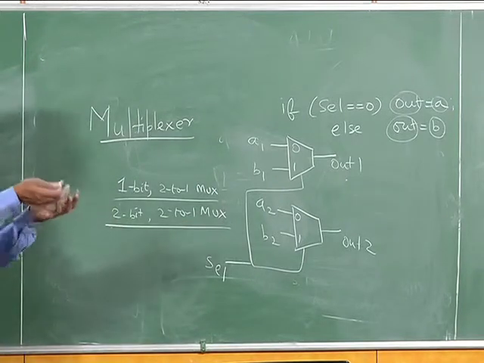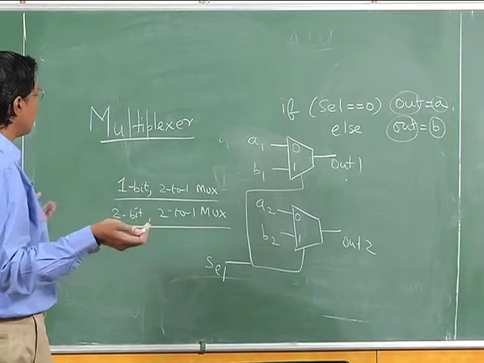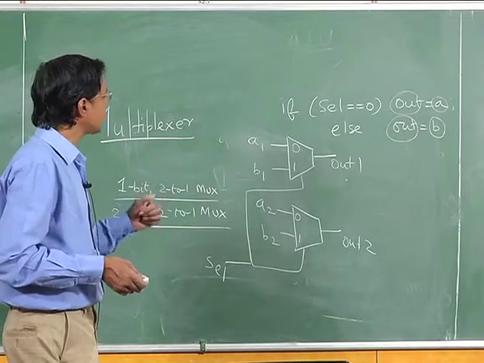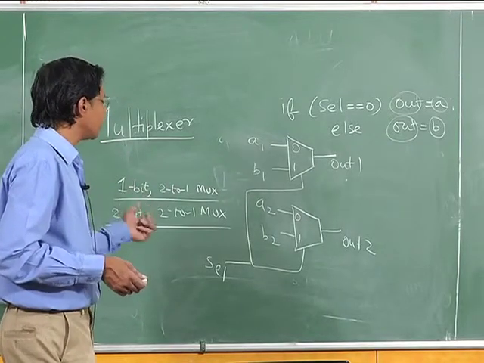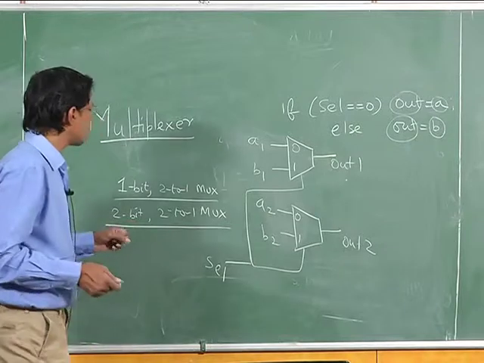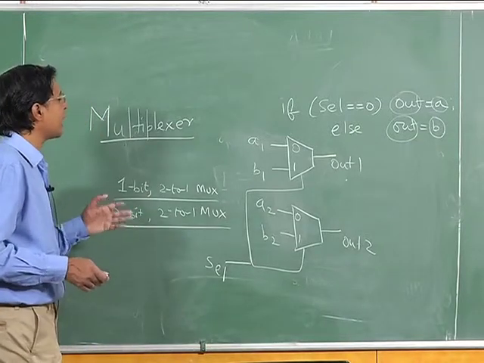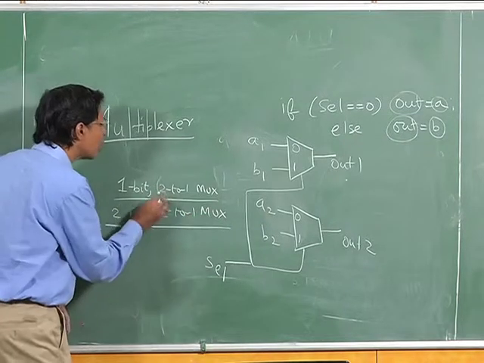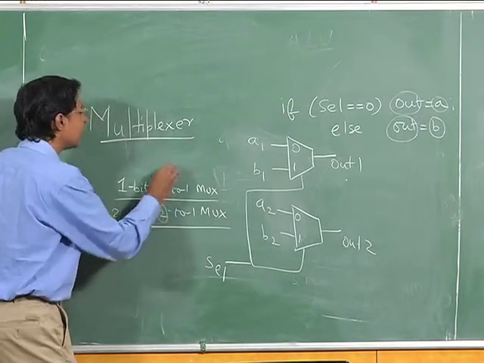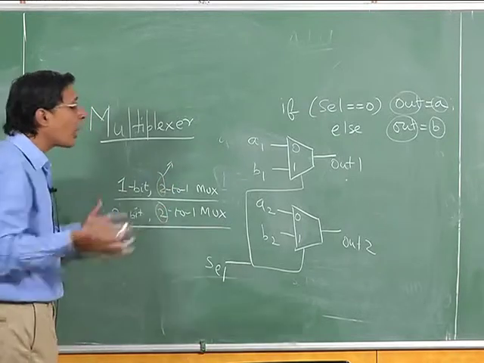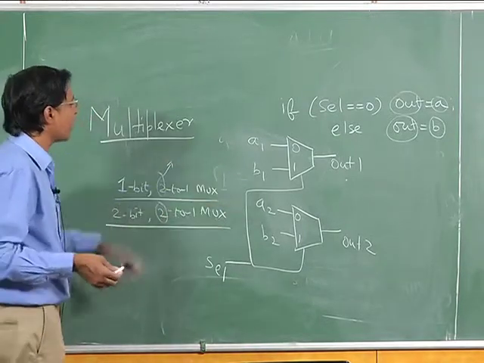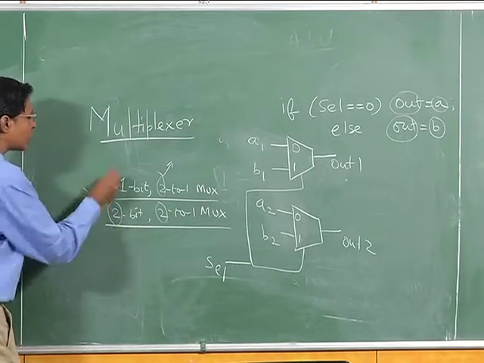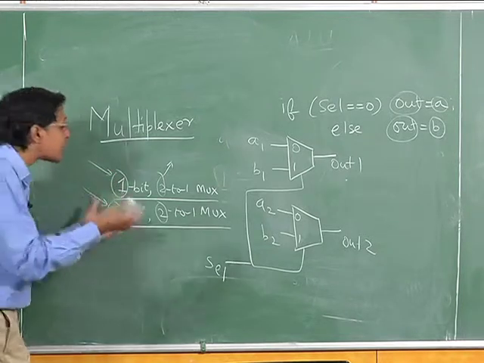So, I have a choice between two entities, namely A and B, and I want to decide whether I want A or B using the select bit. Each of A and B are say 2 bits now. So, I use 2 2 to 1 muxes. So, this 2, please understand, is decided by how many choices I have. In this case I have 2 choices. This 1 or this 2 is decided by the size of the choice.